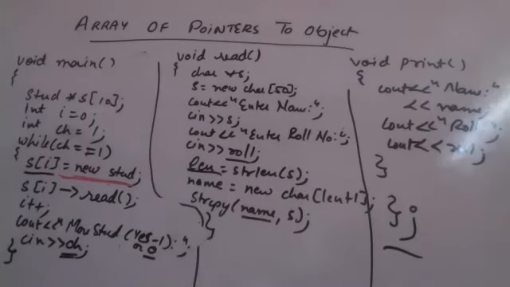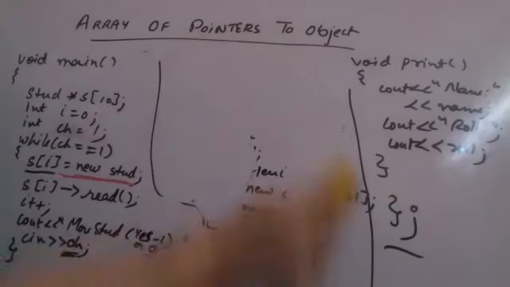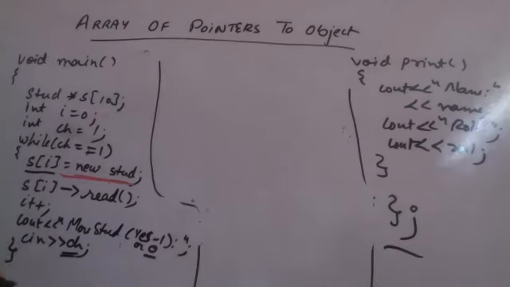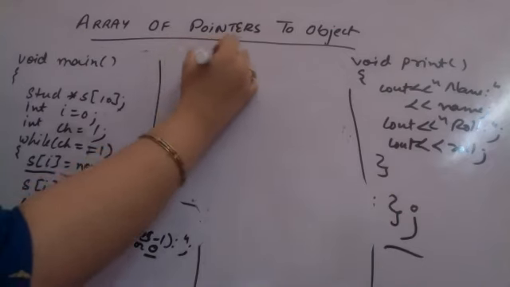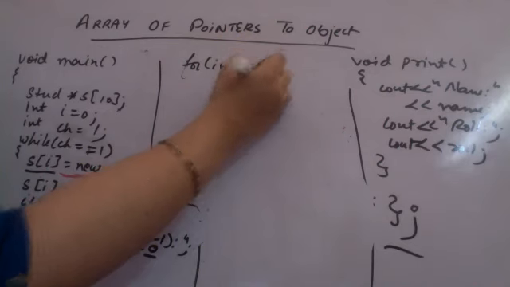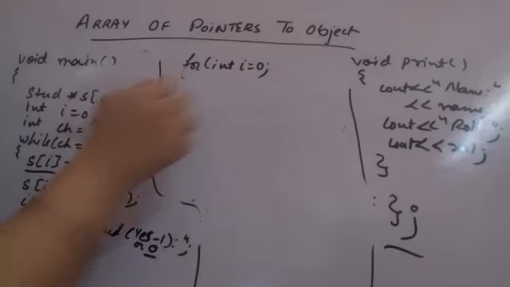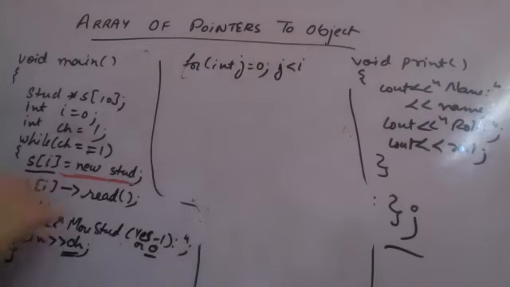Similarly, now when I want to print the details of all the students, how will I print? From the main function, supposedly मुझे सारे students के name और roll number print करने हो, सकता है marks print करने हो. I have not taken marks in my example. You can add more details as I said according to you. Whenever you want to print, you can just run a loop. Integer I is equal to 0. Now अच्छा, only I knows कि कितने students created हैं. So take an integer j is equal to 0. J is less than I. I is having the total number of students, whatever you have created.